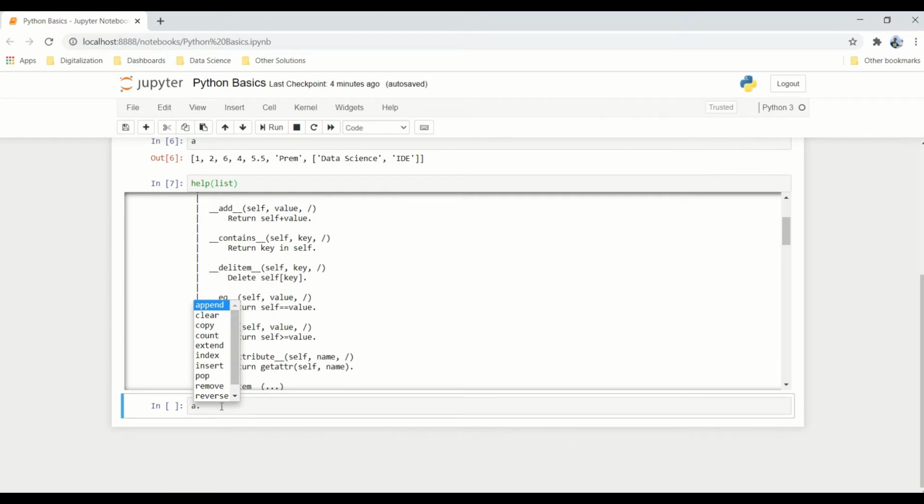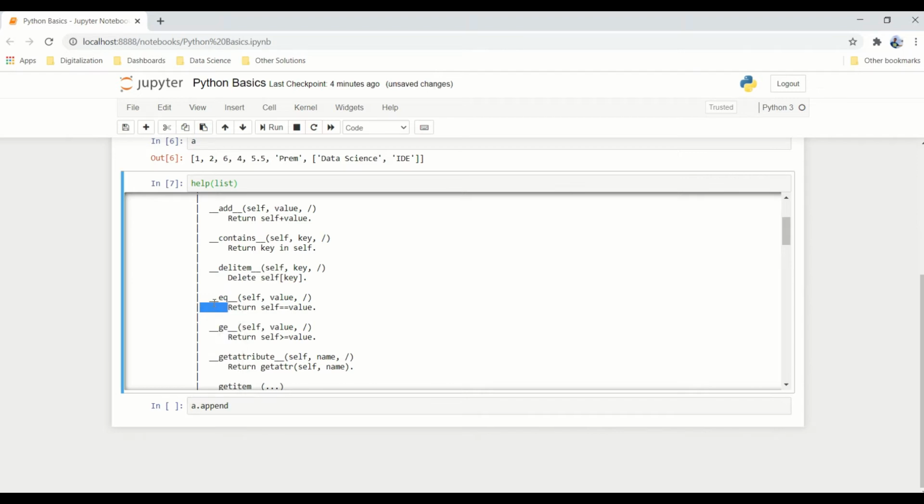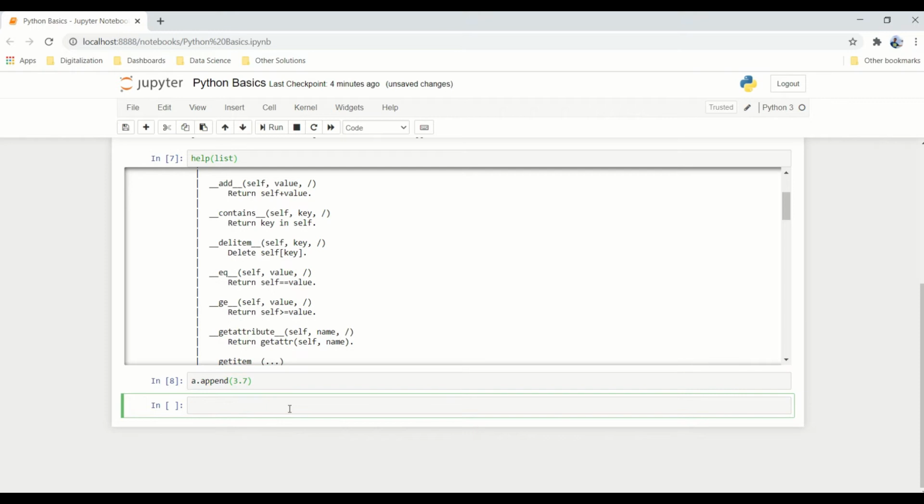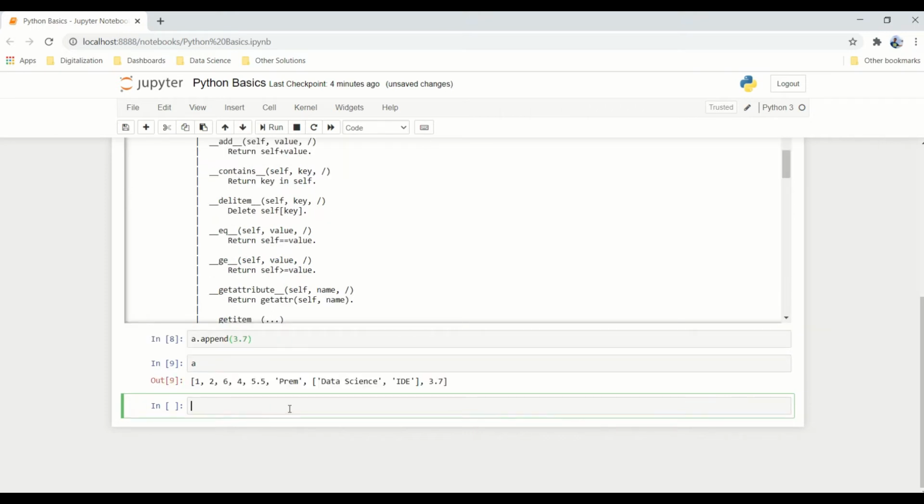Let's start with append. We'll go through all of these methods in this session. You can see that 3.7 is added to the end of the list. Always remember that append will add the element, whether it is a string, a number, or a float, at the end of the list.